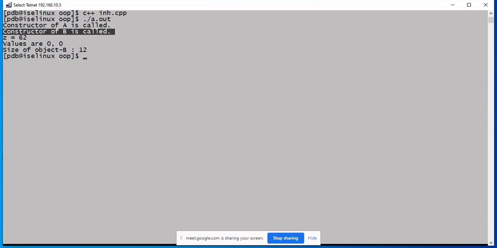Okay, so you need to remember the order of constructors. The constructors are called in the order of inheritance.